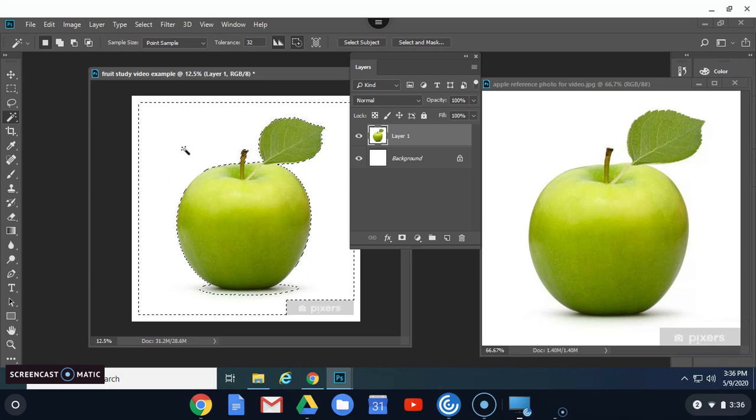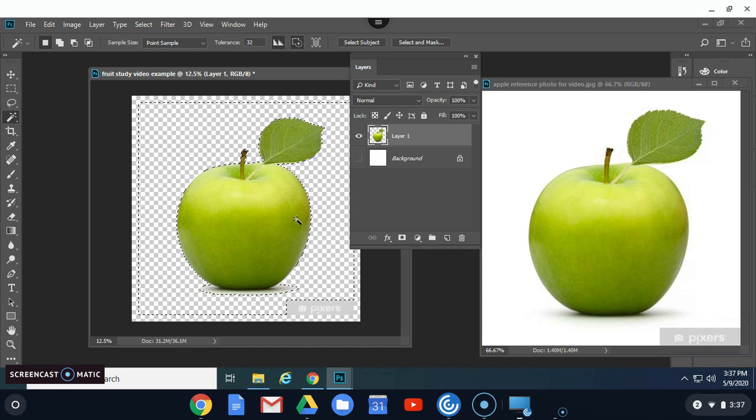So magic wand, right? Click on the white, backspace, turn the eyeball off on the background so you can see that it did erase. Control-D, deselect. All right. So